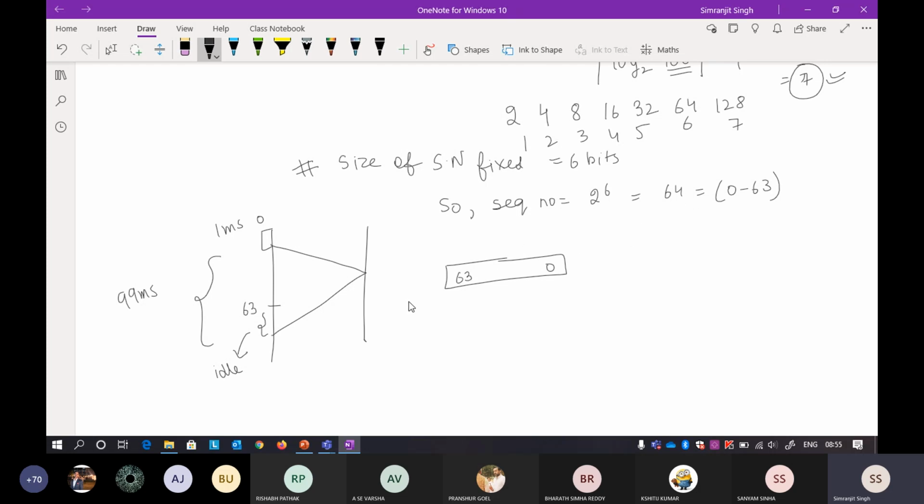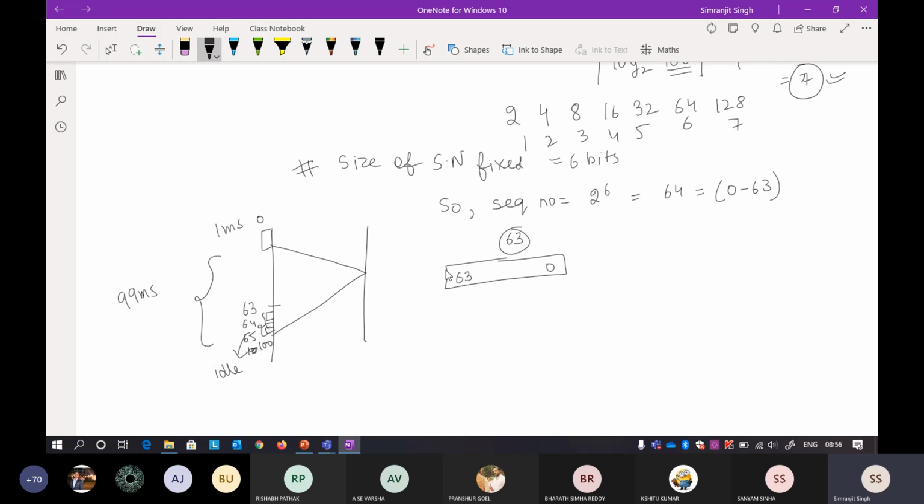Actually at the 64th, 65th and 66th, up to 100 numbers will be there, but you may not be able to use them because you can only use up to sequence number 63.